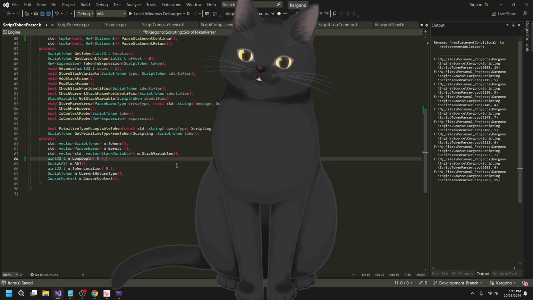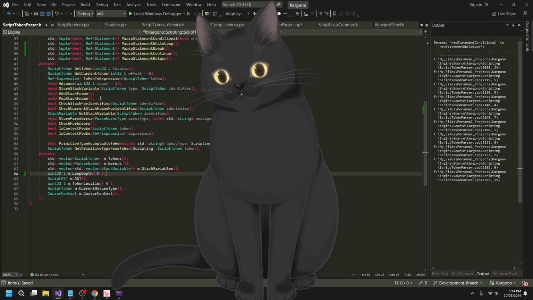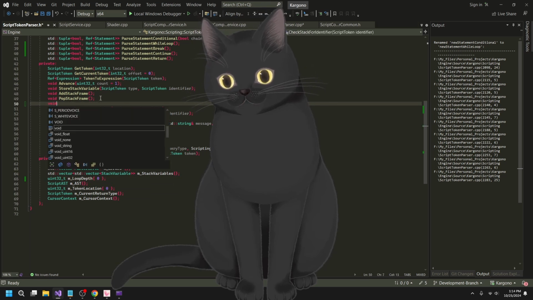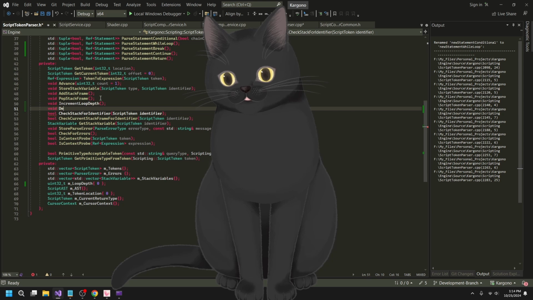And then basically, maybe I'll add some functions for this. So I'll say void increment loop depth, and then decrement loop depth.